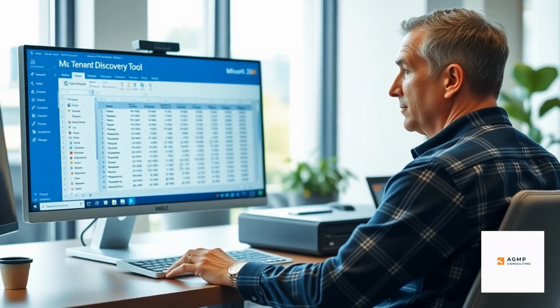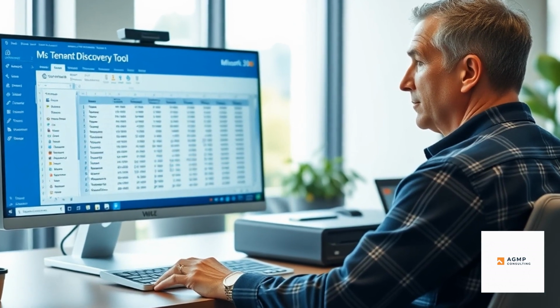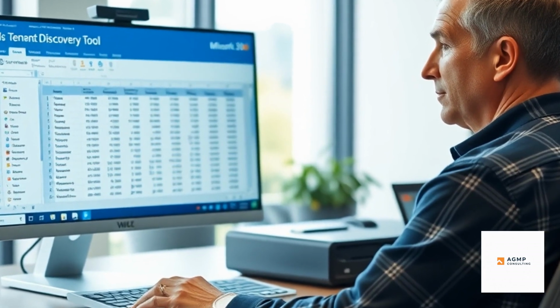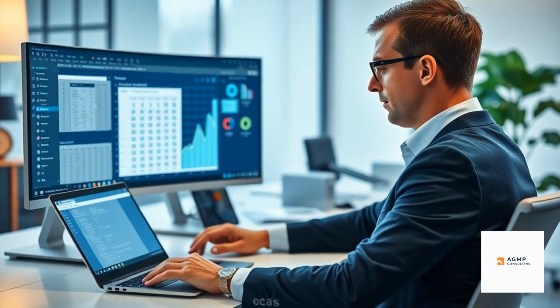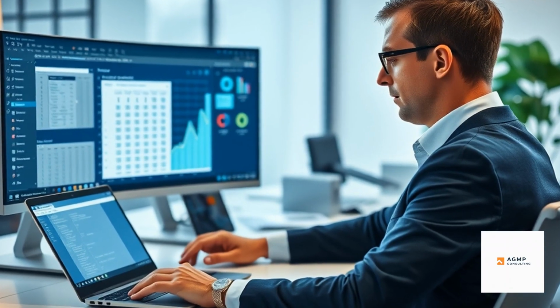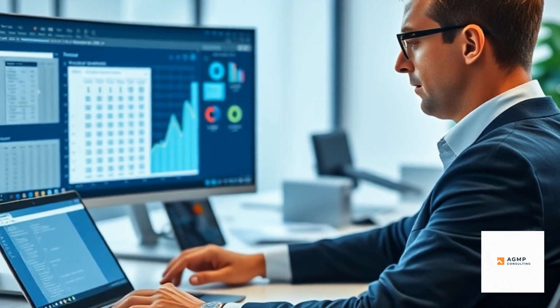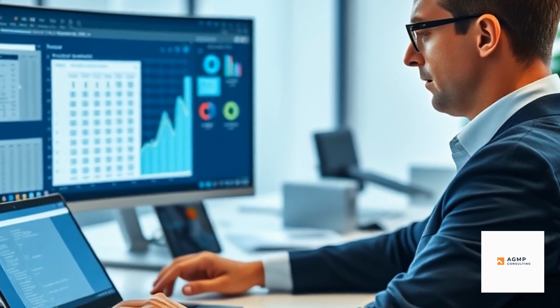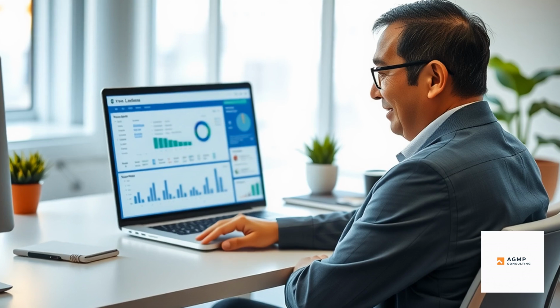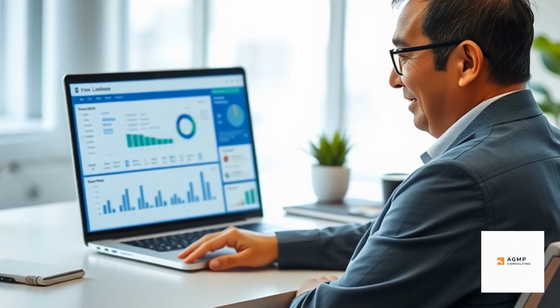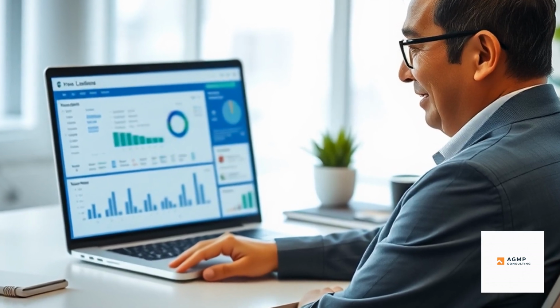In the ever-evolving landscape of IT management, efficiency and precision are paramount. Enter the MS Tenant Discovery Tool, a groundbreaking solution developed by AGMP Consulting, designed specifically for IT administrators navigating the complexities of Microsoft 365 environments. The tool stands out as a beacon of innovation, streamlining the often cumbersome process of data collection into a seamless